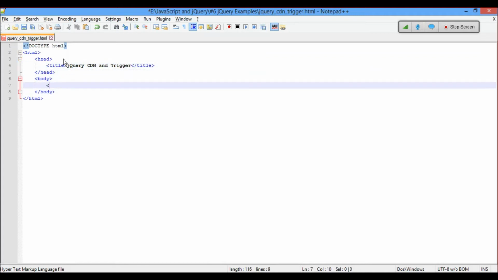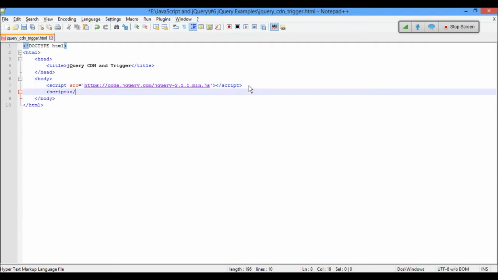So now in body, how do we include script? src equal to, previously we used to write the path to the file, right? Wherever you are saving the file, same thing, but here place that CDN. But the disadvantage of CDN is that you should have internet. If you don't have internet on your system, you can't use CDN because it's somewhere else, right? It's on the internet, HTTPS. If local, no issues because you download it and load it whenever you want. Always include the jQuery and script.